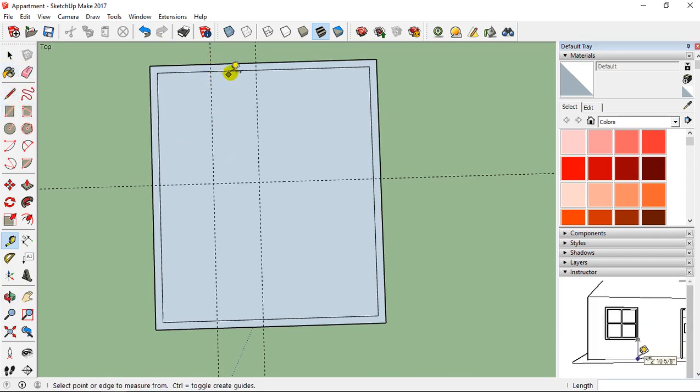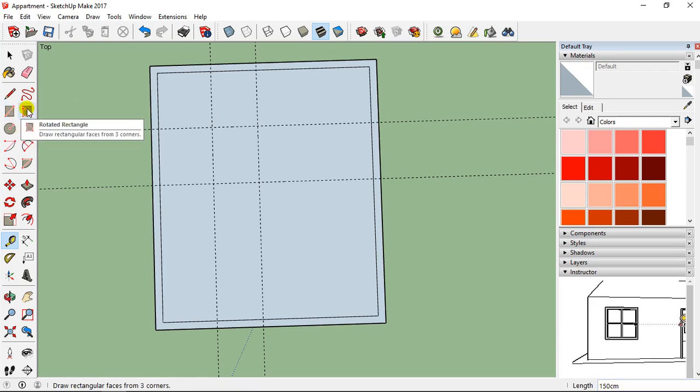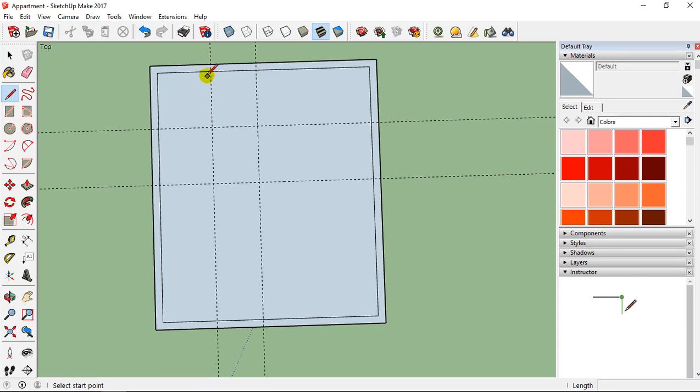After I'm also going to add a guide here and another guide at 2 meters or maybe less, 150 centimeters like that.